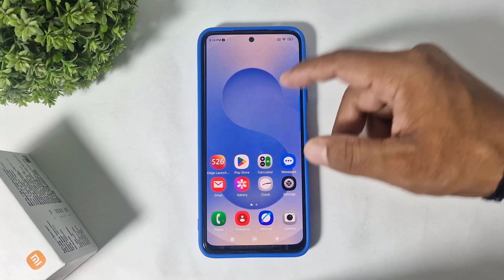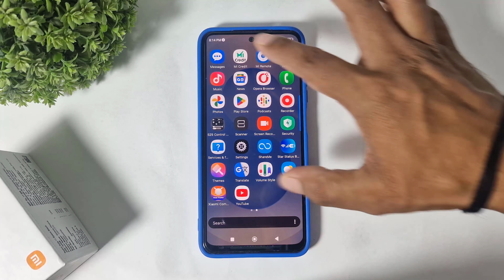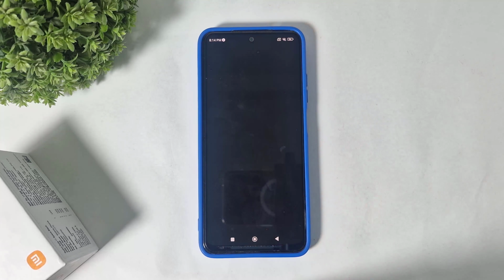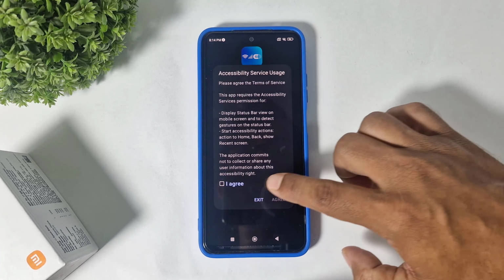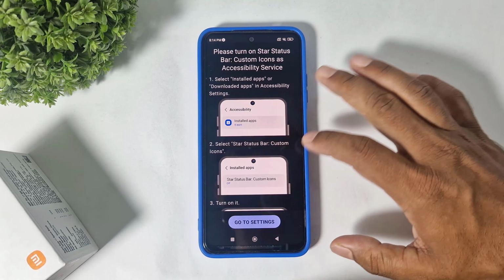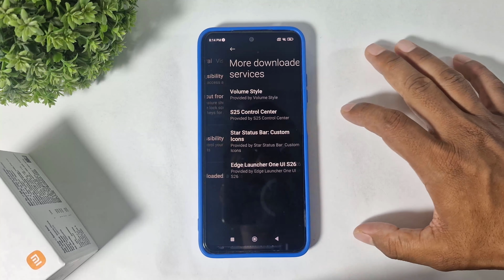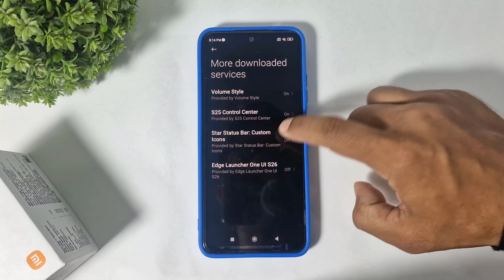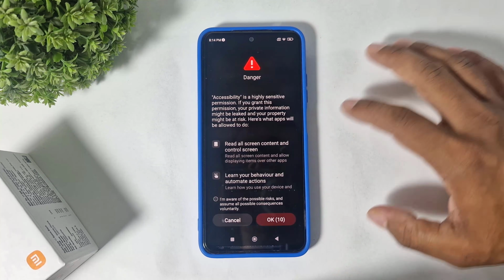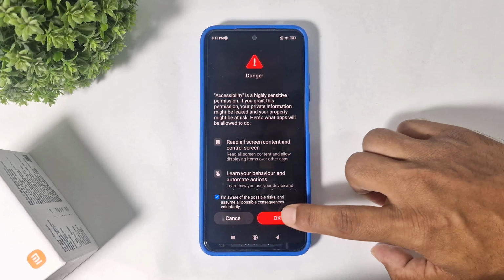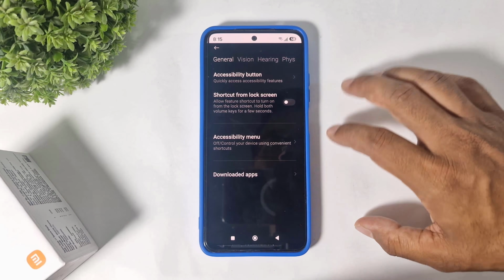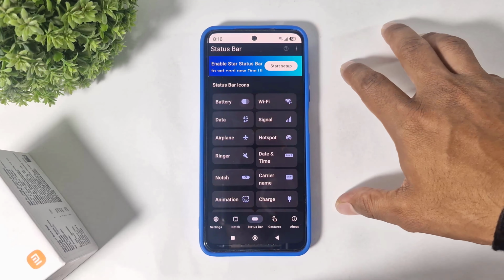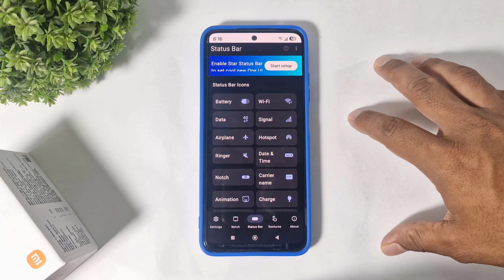Now guys, set the One UI 7 status bar. Simply tap on start setup, set permission, and simply set permission. After setting permission, guys, you can see the One UI 7 status bar on your Xiaomi device, but still, guys, this